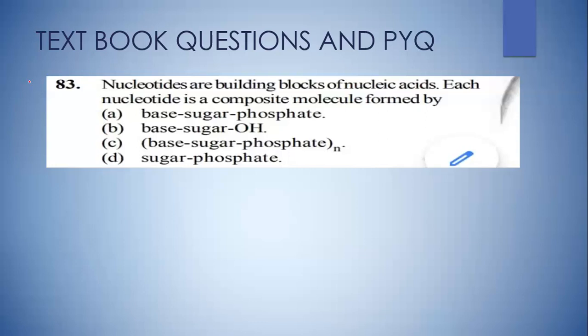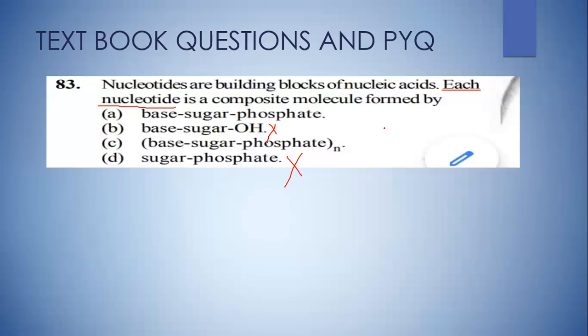यहाँ पे हम देखते हैं कि हम इस क्वेश्चन को कैसे सॉल्व करेंगे, ओके। कहाँ पे कंफ्यूजन होने वाला है, शुगर प्लस फॉस्फेट, ये पूरा हम काट सकते हैं, यहाँ पे कंफ्यूजन होना ही नहीं है, ओके। शुगर बेस एंड OH नहीं, ये भी नहीं होगा। तो ये 2 पॉइंट पे हम कंफ्यूज हो सकते हैं। पर अगर ध्यान से देखा जाए तो यहाँ पे पूछा गया है ईच न्यूक्लियोटाइड, एक न्यूक्लियोटाइड के बारे में वो लोग पूछे हैं। तो एक न्यूक्लियोटाइड में क्या क्या है, बेस है, शुगर है, फॉस्फेट है। पॉलीन्यूक्लियोटाइड नहीं बोले हैं, अगर पॉलीन्यूक्लियोटाइड बोलते तो स्ट्रक्चर ऑफ डीएनए के बारे में पूछते तो स्ट्रक्चर ये होता।